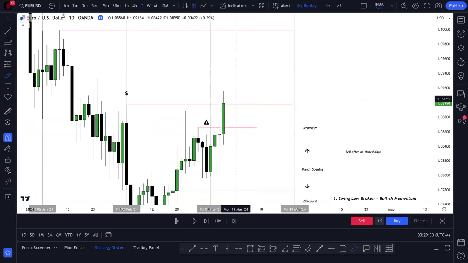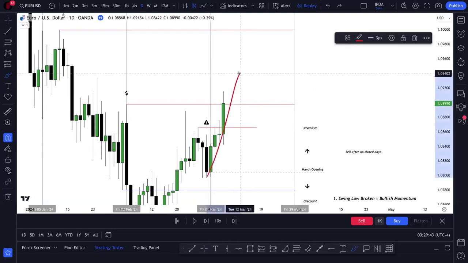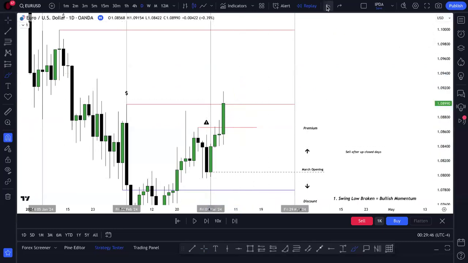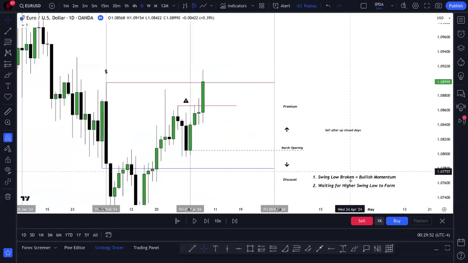If it's not this or that, it's nothing else. That's how I like to give it. It's either option 1 or option 2. There's not an option 3. So I think either this is an inducement or a false break. That's what's happening here as price breaks this swing high. But if we're following bullish structure and the idea,